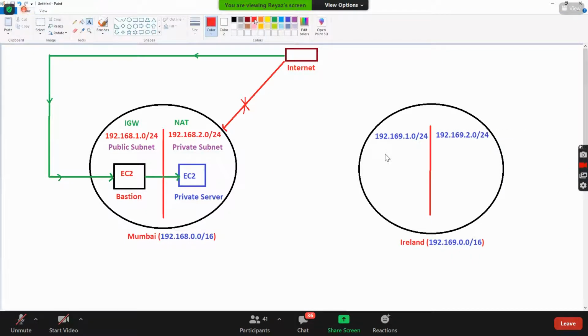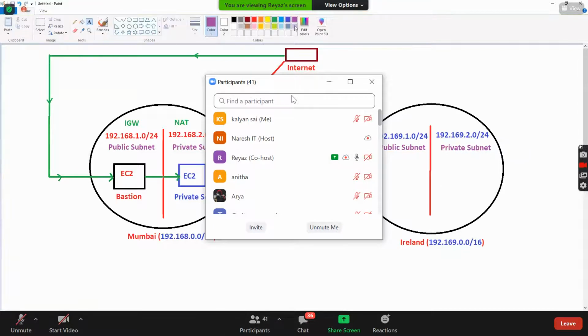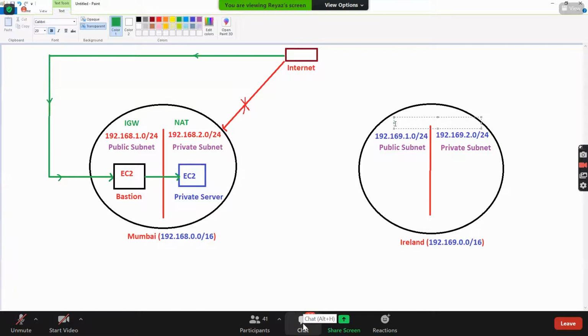This one I call the public subnet and this one the private subnet. This one goes through the IGW, and this one goes to the NAT.